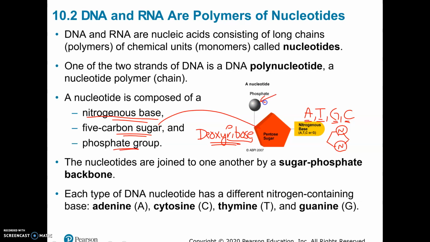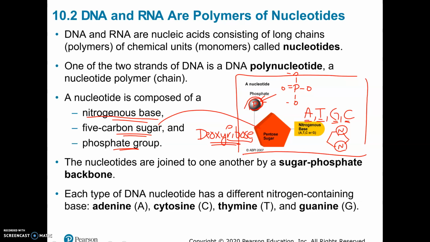And this is also simplified. Phosphate doesn't actually look like this. It actually is a phosphorus with 4 oxygens around it. Some of them have little charges on them. But they usually simplify it. Sometimes they'll put a letter P with a circle around it, a simplified way of representing phosphate. So this is one nucleotide, and a nucleic acid, like DNA or RNA, would have many, many, many of